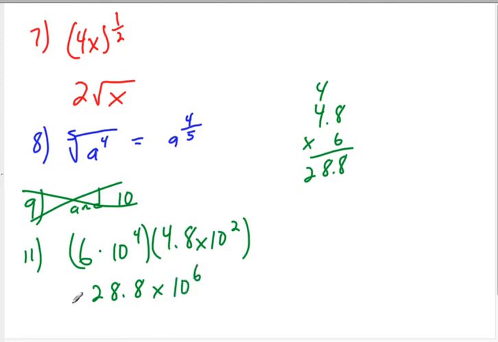Now, this would be the correct mathematical answer, but it's not in scientific notation. So in order to move this decimal back to 2.88, we have to change it to 2.88 times 10 to the 7th, because if you're going to make this number smaller, to compensate you're going to make this number larger. So it's 2.88 times 10 to the 7th. Moving on, number 12. We've got 1.5 times 10 to the 7th